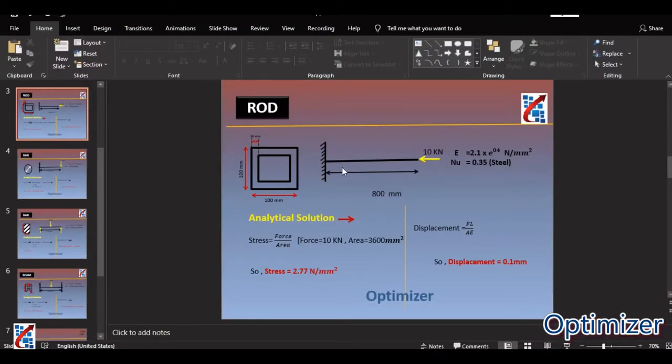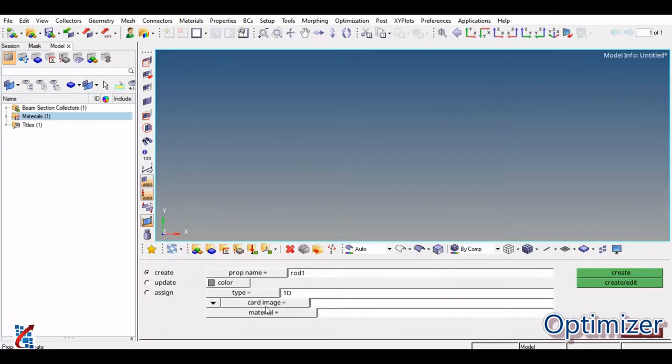Why uniaxial compression? The length of the beam is in this direction and the force is applied in the same direction, but compressive forces are generated. That's why you need to select the rod element, as you require only 2 degrees of freedom in this case, that is, a uniaxial tension compression problem. So you need to select the property for rod, that is PROD.